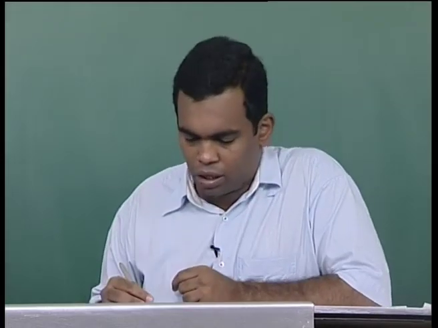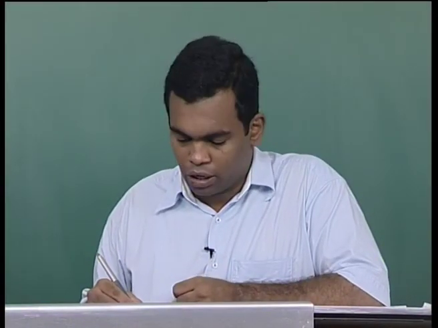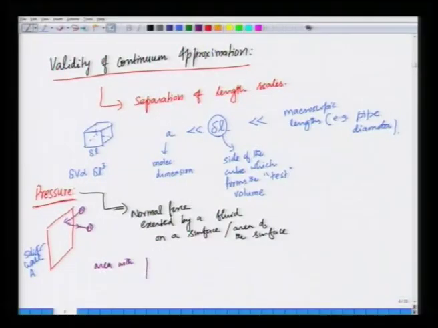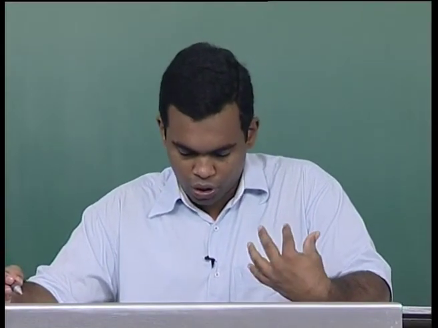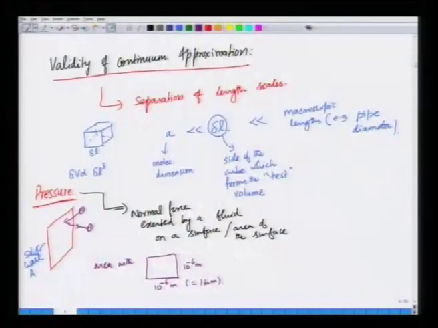Okay. Now, again the continuum approximation works because even if you consider an area made of a square with side 10 to the minus 6 meter, that is 1 micrometer, it is very small. Even if you were to consider a tiny area, so suppose you were to use a pressure transducer or a pressure sensor, it will have a tiny area associated with it. Even if you consider a tiny area which you would think of as a point, within that area, from elementary kinetic theory that one learns in physical chemistry